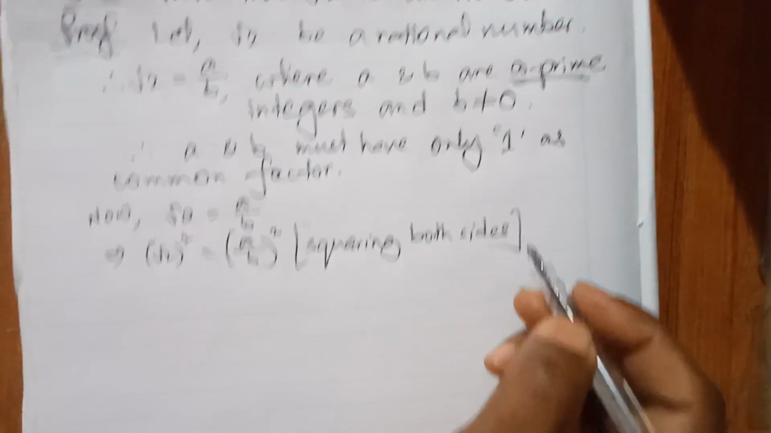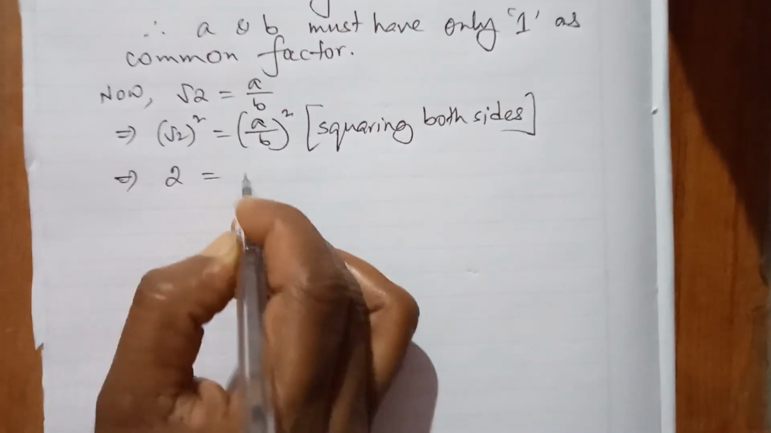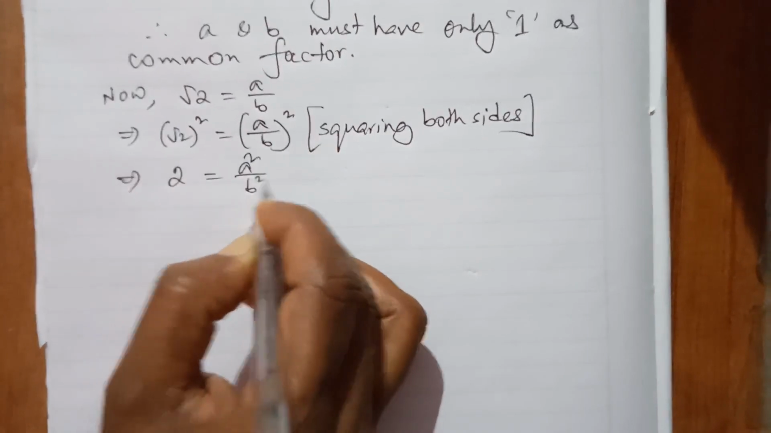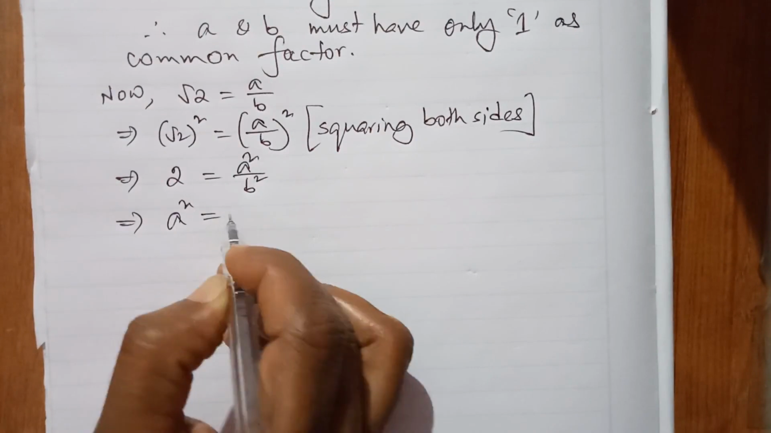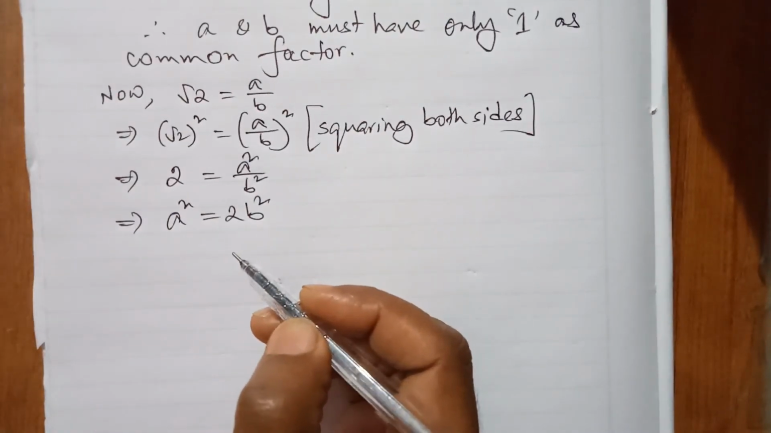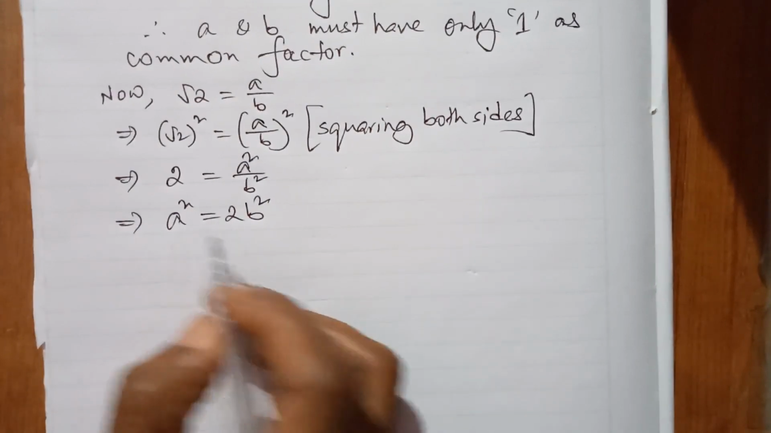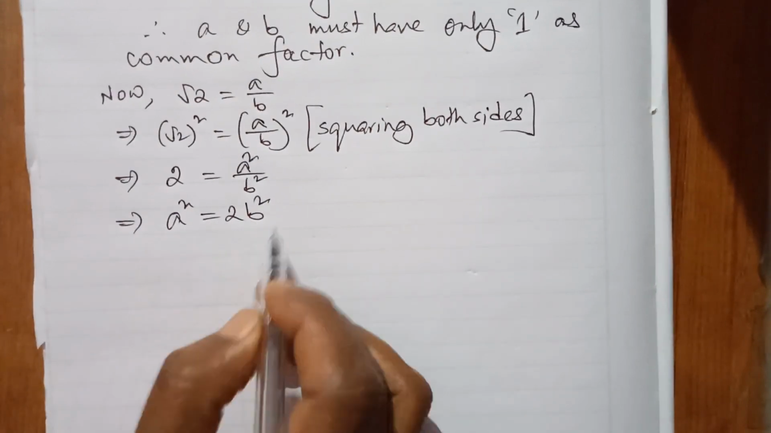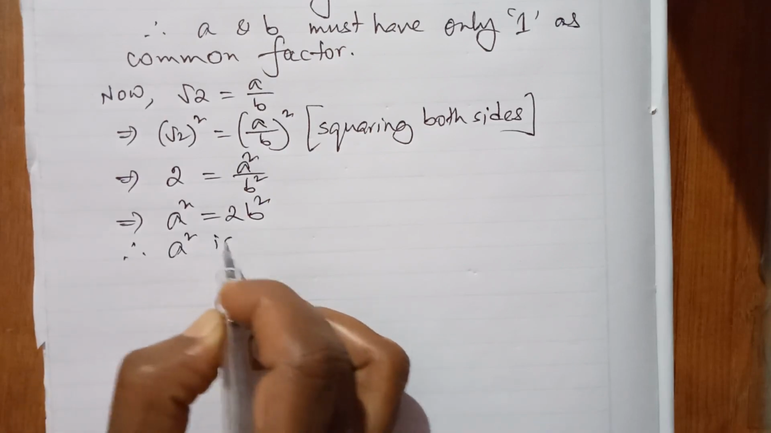Squaring both sides, this implies 2 equals a square by b square. So you write a square equal to 2b square. After getting this, from here you can write that therefore a square is